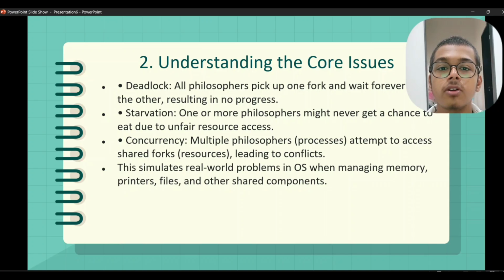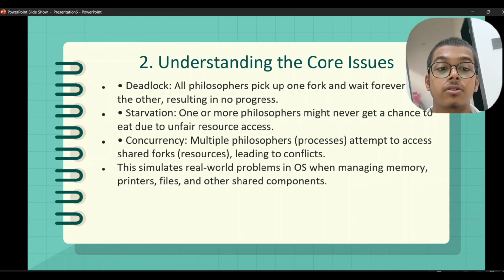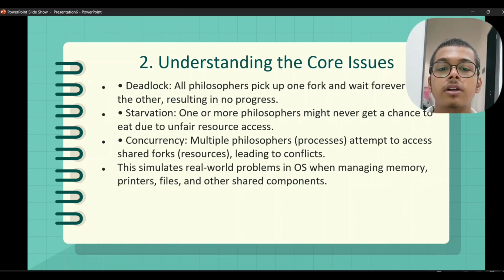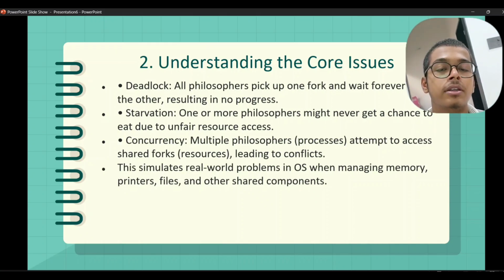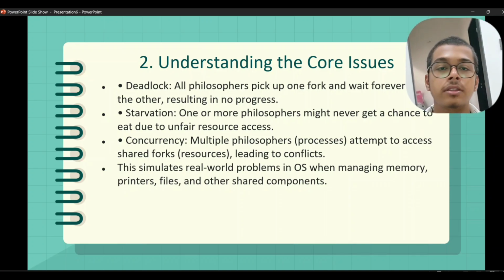Now, what are the core issues to understand this problem more clearly in operating systems? First of all, what is a deadlock? All philosophers pick up one fork and wait forever for the other, resulting in no progress. Second is starvation. One or more philosophers might never get a chance to eat due to unfair resource access. Third is concurrency. Multiple philosopher processes attempt to access shared resources, leading to conflicts. Meaning all philosophers are trying to access shared resources, but each can be picked by only one. This simulates real-world problems in operating systems, for example memory management, printing, files, and other shared components